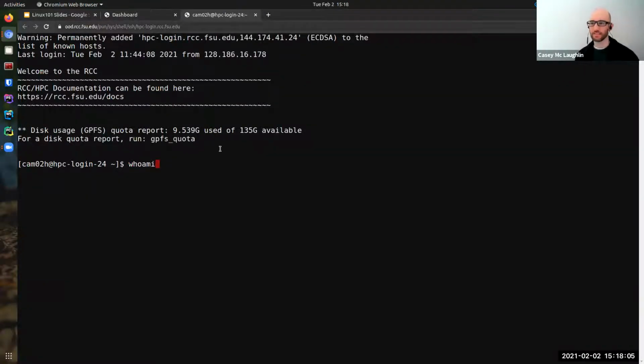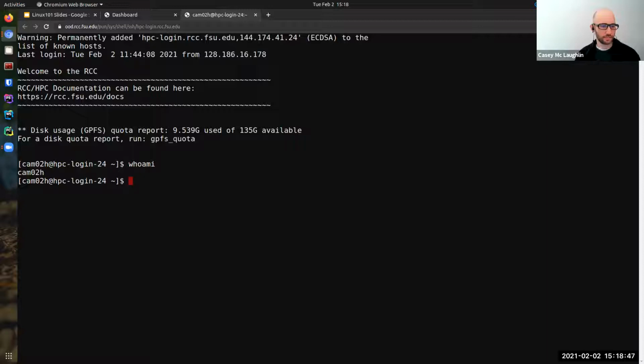whoami. What does that print out? I'm used to interacting with a room full of people here, so this is weird. But I usually ask, hey, what does this print out? But in this case, I'm just going to tell you, it prints out the username that you're currently logged in as. And you can see that this is kind of redundant in this shell because the username is already available. And we'll talk about the prompt here in a few minutes. But for now, just bear with me.